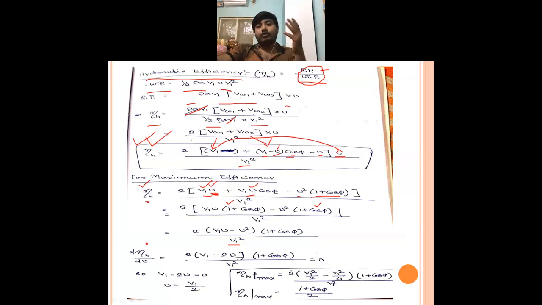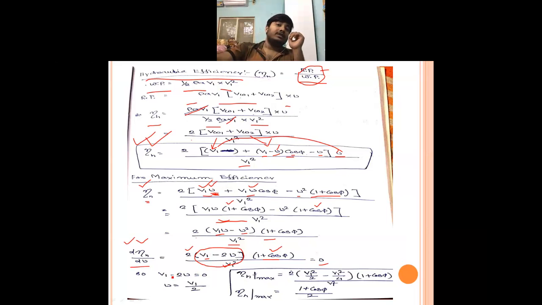Now we have to do the differentiation. I have already said that we have to differentiate this with respect to u. So let us differentiate with respect to u. It will be d eta h by du. If we differentiate, we see where u is. Only this term has the u. So if we differentiate, it will come v1 minus 2u, and the remaining portions are the same. These other terms are not equal to 0. So obviously this term will become 0, because if we want to find any maxima or minima, we have to make the first derivative 0.